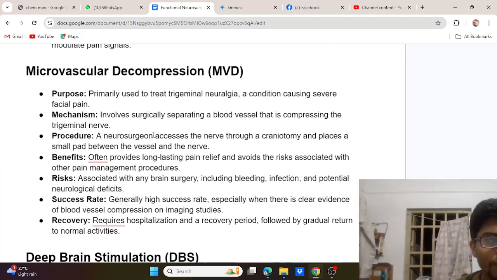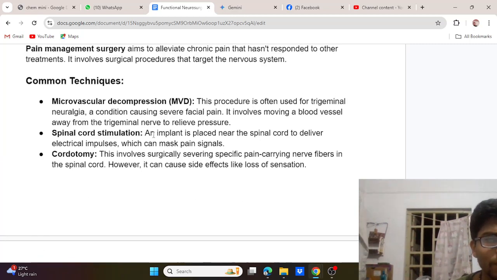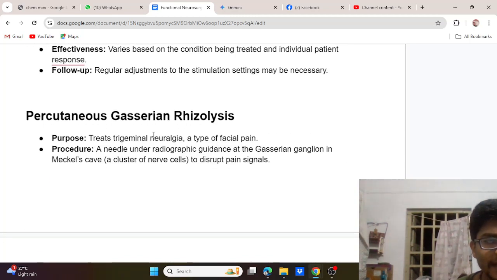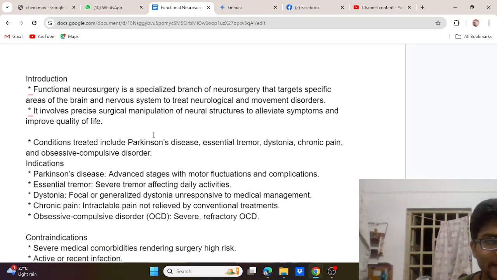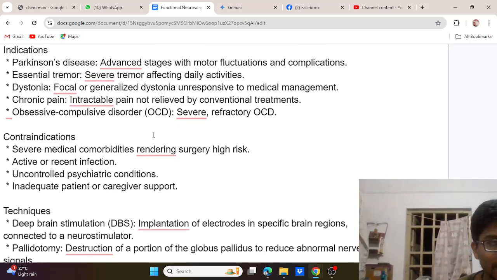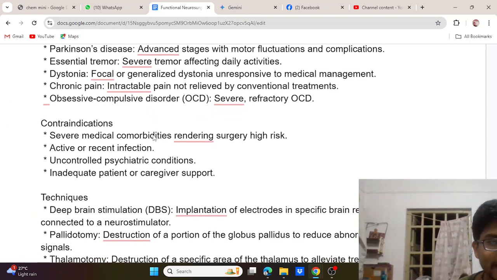Now we have microvascular decompression in detail, deep brain stimulation in detail, percutaneous Gasserian rhizolysis in detail. But before that, I would like to add some contraindications for these techniques. That is, if the patient is having severe